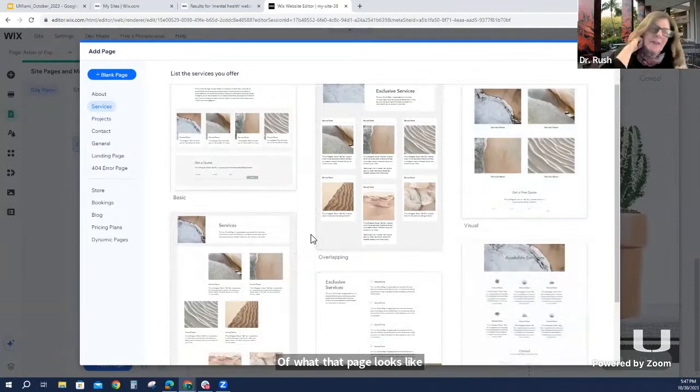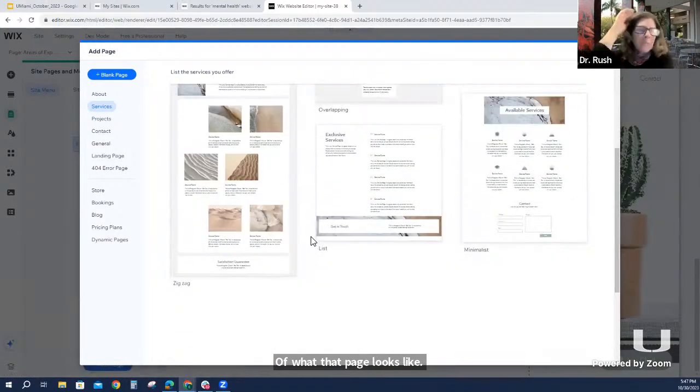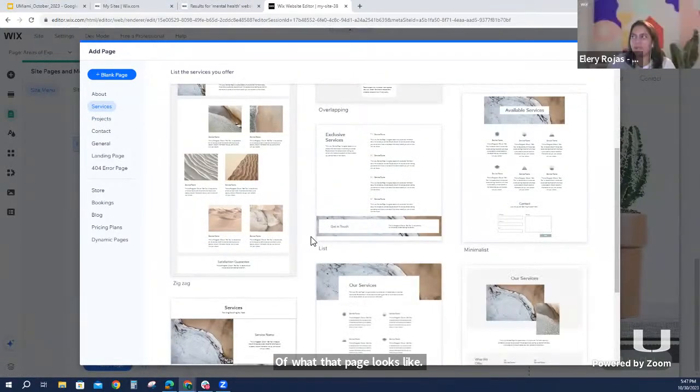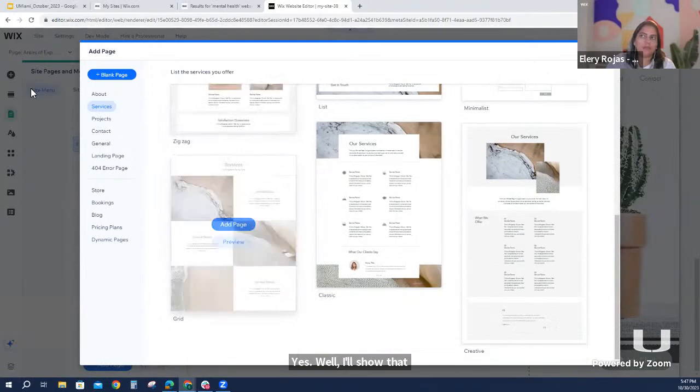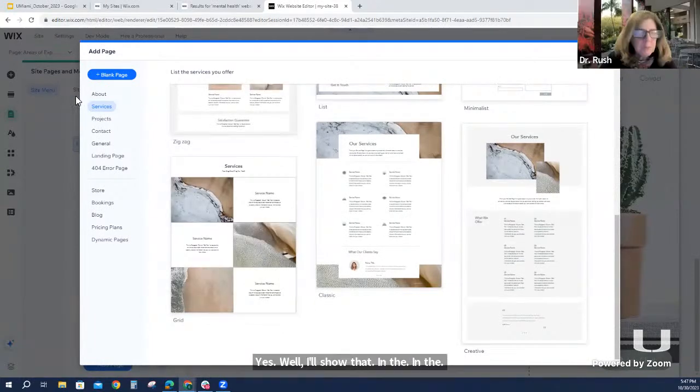So if they wanted to add, for instance, our team, about us, or our team, well, I'll show that in this add section portion. Okay.